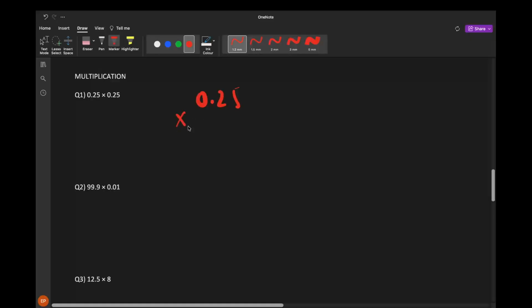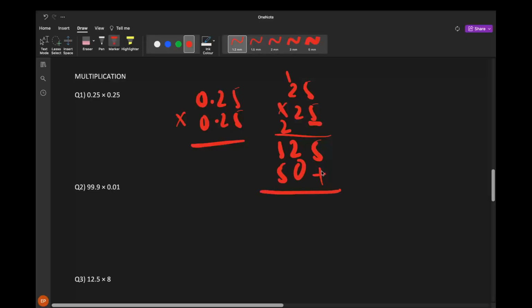0.25 into 0.25. In the previous video I mentioned clearly, first we have to do a normal calculation. 25 into 25: 5 5s are 25, 5 2s are 10 plus 2, 12. Put an addition symbol because we are done with one digit. 2 5s are 10, 2 2s are 4, 4 plus 1, 5. So 5, 2 plus 0, 2, 1 plus 5, 6. So the answer is